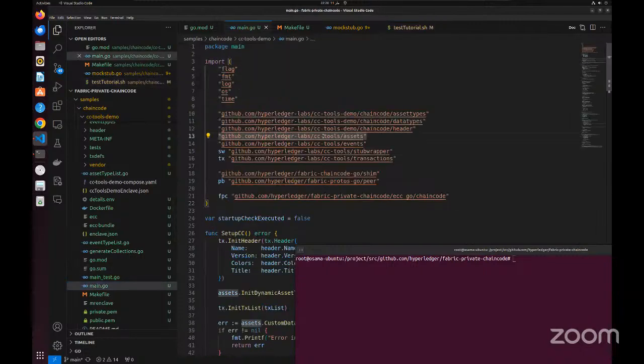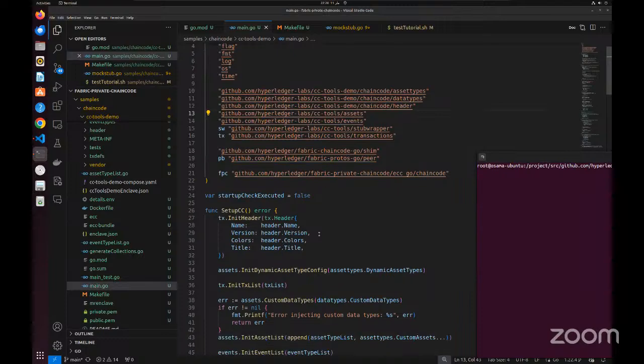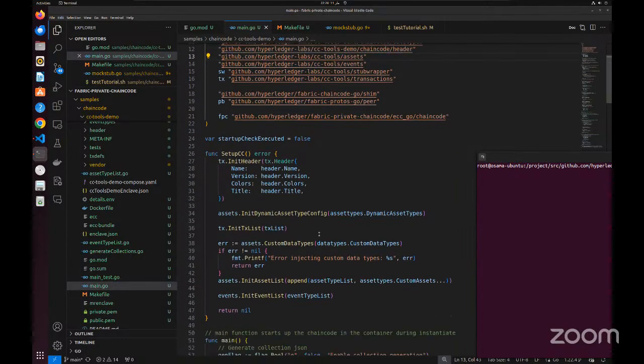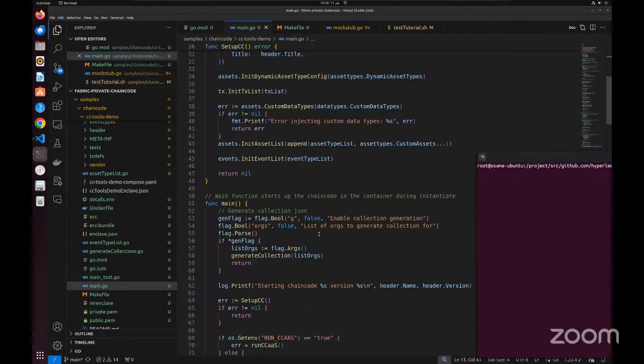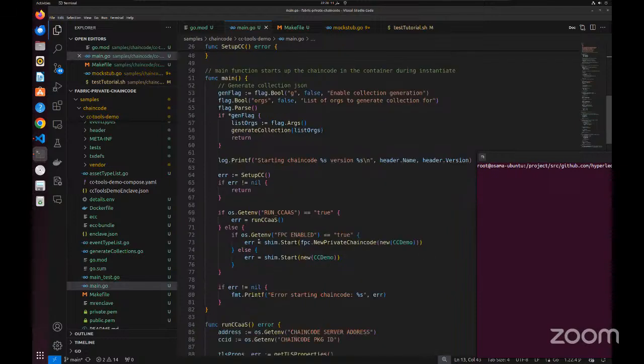Okay, so this is a chain code written with the CC Tools framework, and then we are looking at how we can convert it to follow FPC. So a very first step is to see where the chain code as a service starts, and we can see that in here at this block of code,